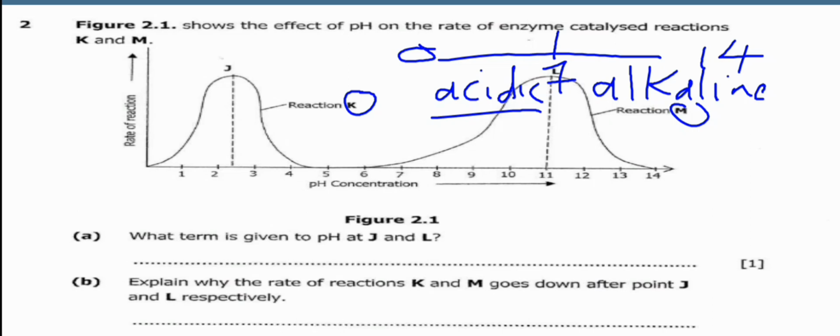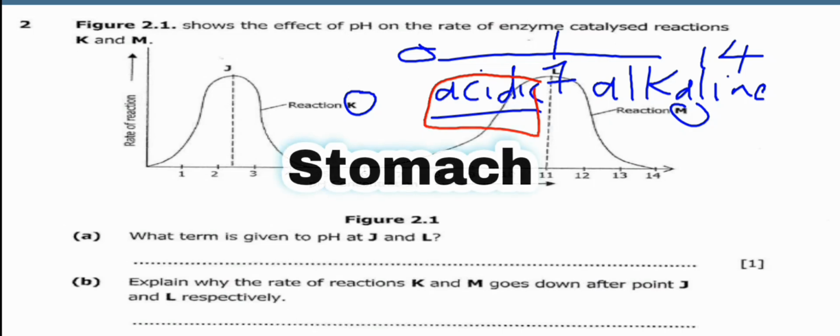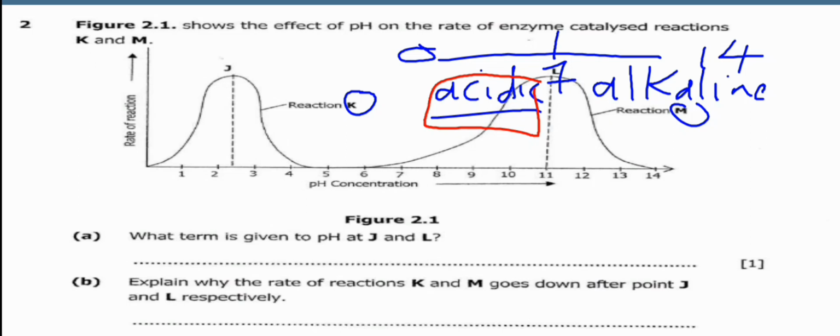Right, so let me give you an example of the region in the alimentary canal where you are going to find acidic conditions. That region is the stomach. Why the stomach? Because in the stomach is where hydrochloric acid is produced. The walls of the stomach produce hydrochloric acid. So even the enzymes which work in the stomach catalyze the reaction under acidic conditions, like protease, pepsin,